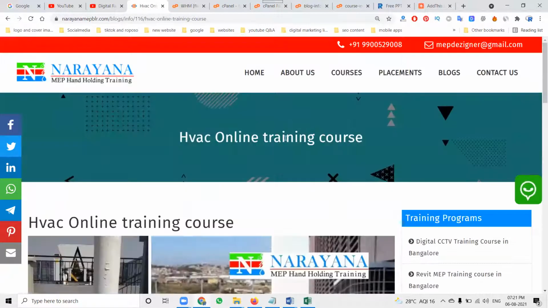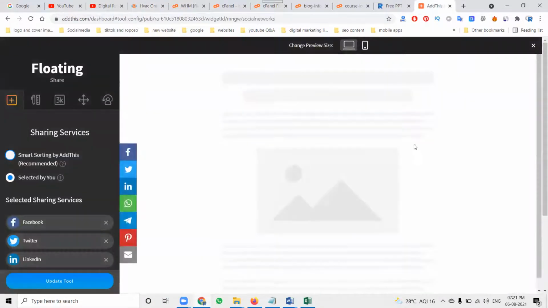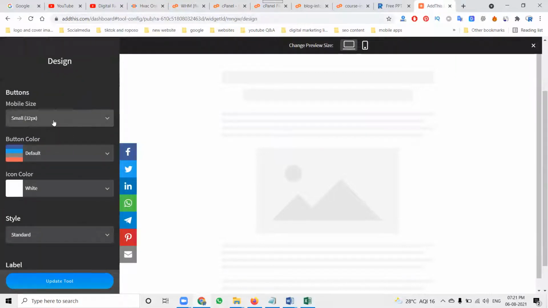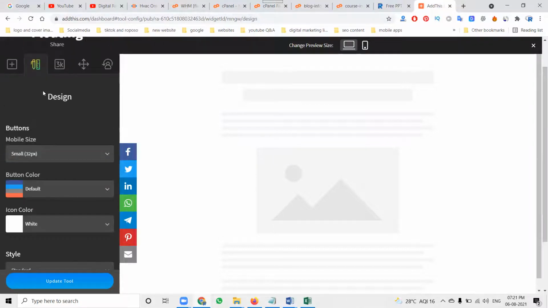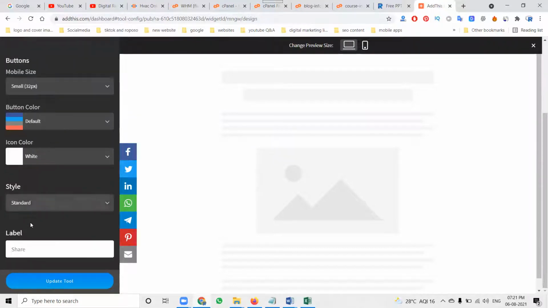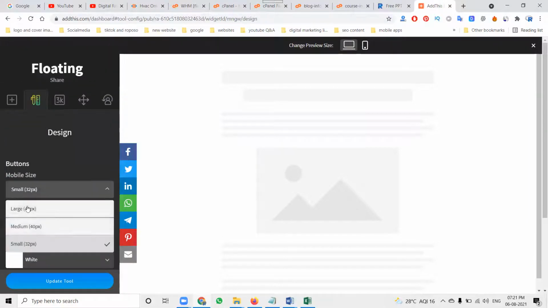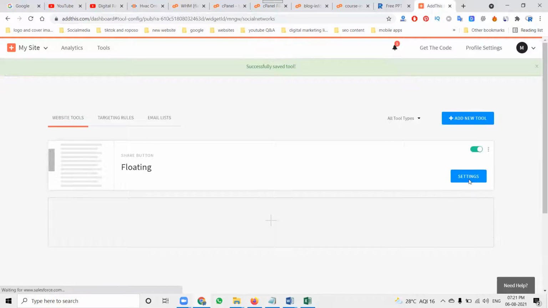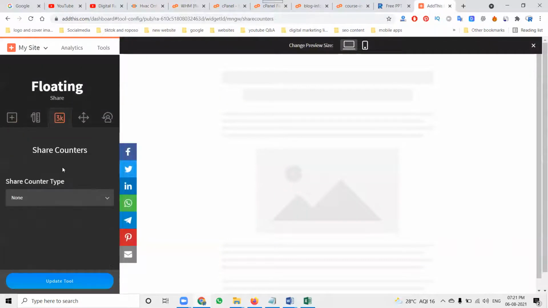Whatever changes are required, anything can be changed in this setting option. Every valid point we can utilize here. Small, large, and here, this is the mobile size. Most people use the mobile size. Here it is. So I'll give the medium. If we go to the small, they come in here. Update it. Saving this.